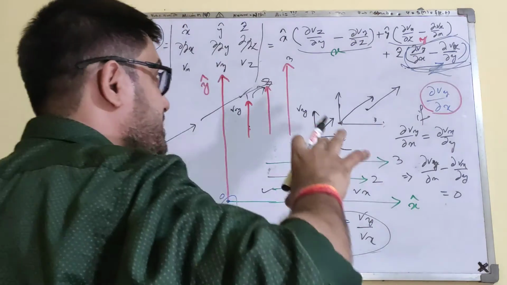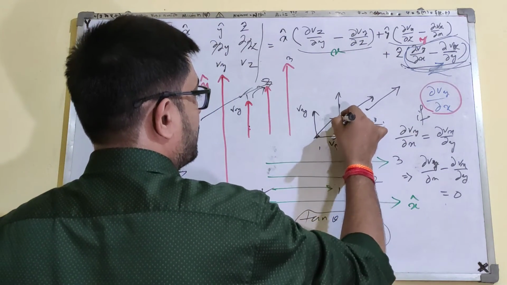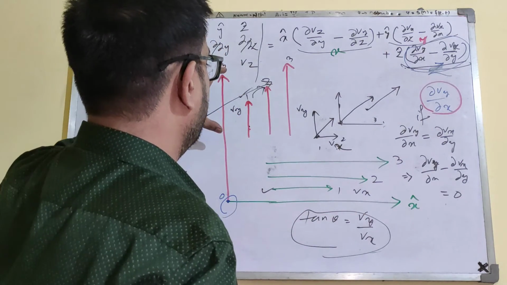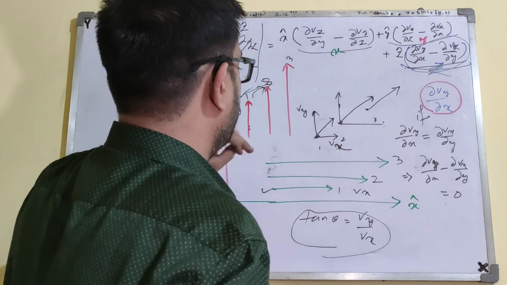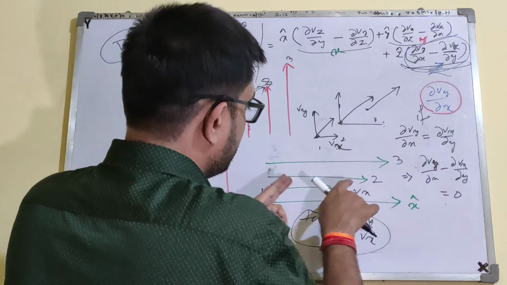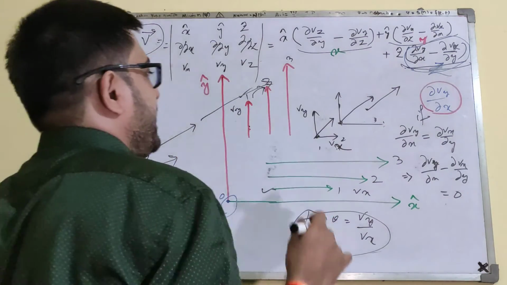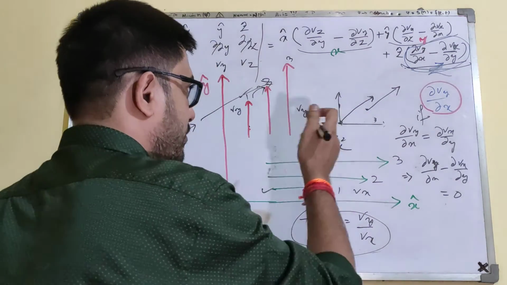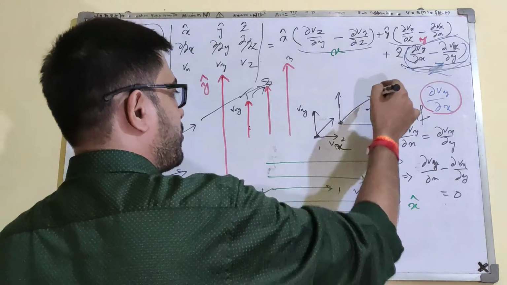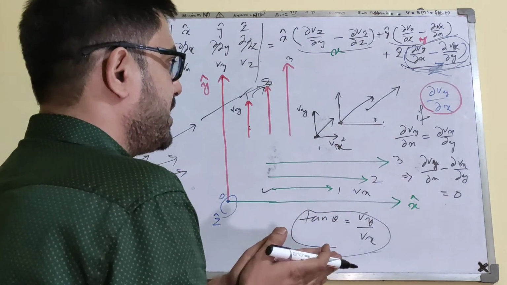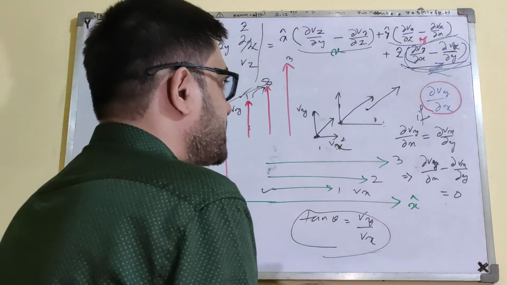What it essentially means is, by going from point 1 to point 2, whatever increase happens to Vy, the same change happens to Vx also. That means we might end up with a bigger vector when we go from 1 to 2, but both these vectors at point 1 and point 2 will be parallel to each other, and 2 parallel vectors do not rotate each other. They can only scale each other, but they cannot have any rotational effect.